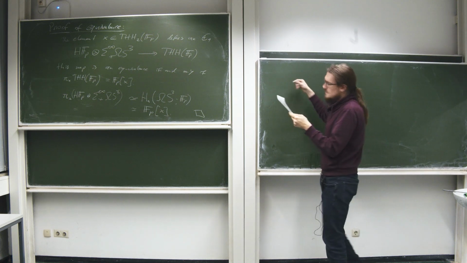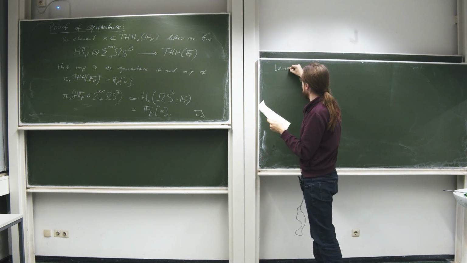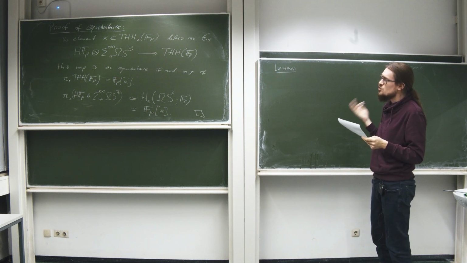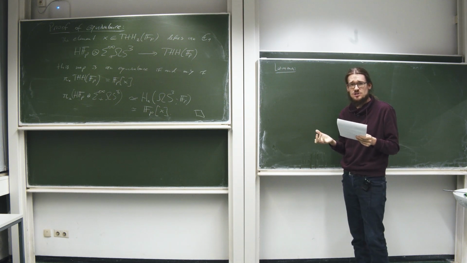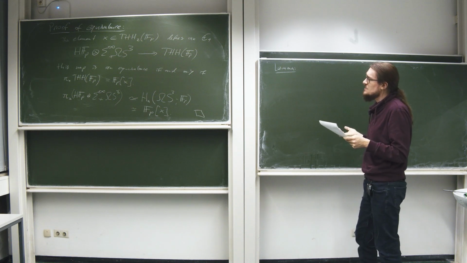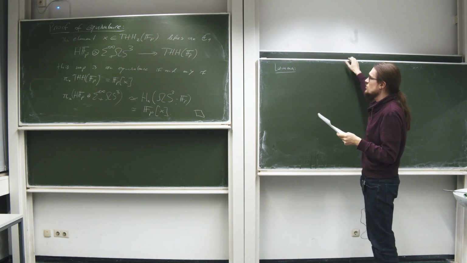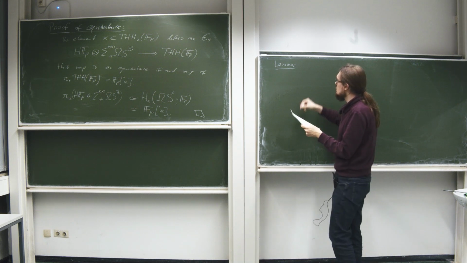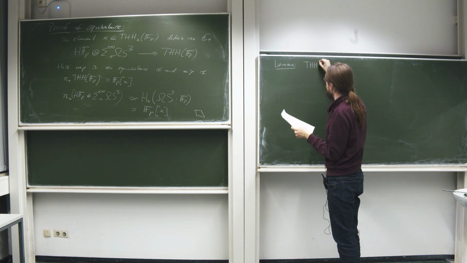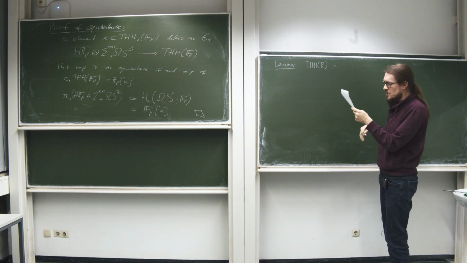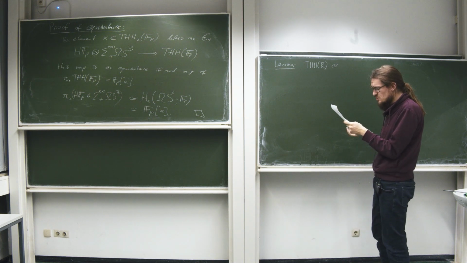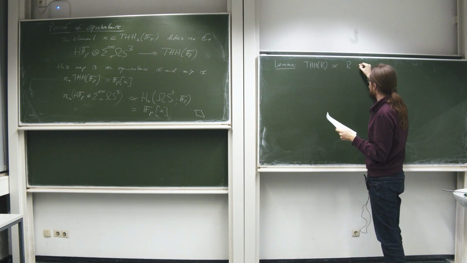So in order to get at THH, right? We want to prove the second version of Bökstedt's theorem now. In order to get at that, we will have to give a slightly different perspective on THH. This is similar to something we did for Hochschild homology earlier. Namely, we're claiming that for an arbitrary ring spectrum R, THH of R can be written